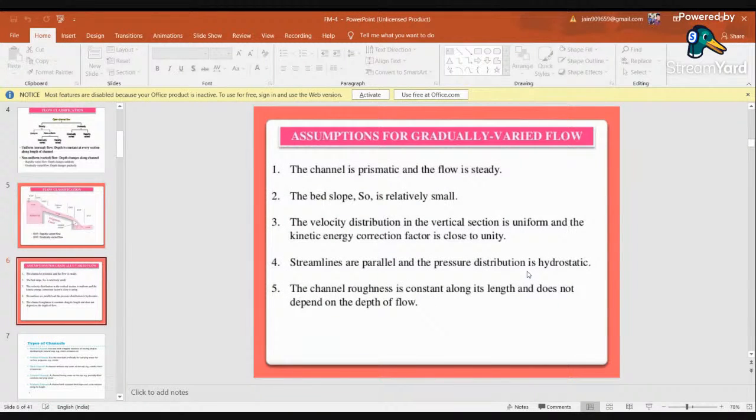Now while designing the gradually varied flow channel, there are a few assumptions which we have made. The first assumption is that the channel is prismatic and the flow is steady. Then the second assumption is